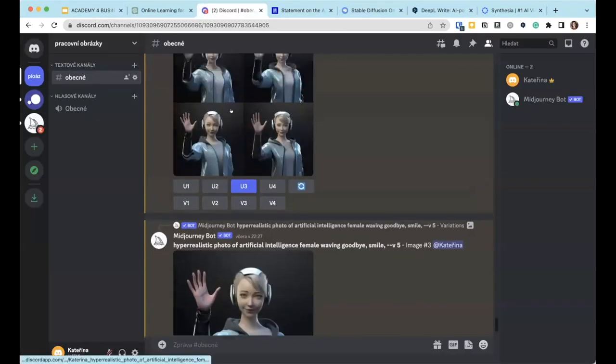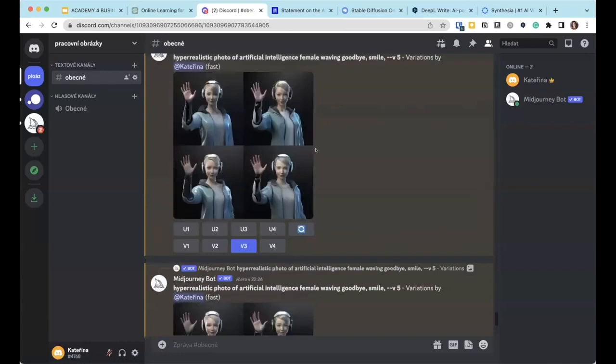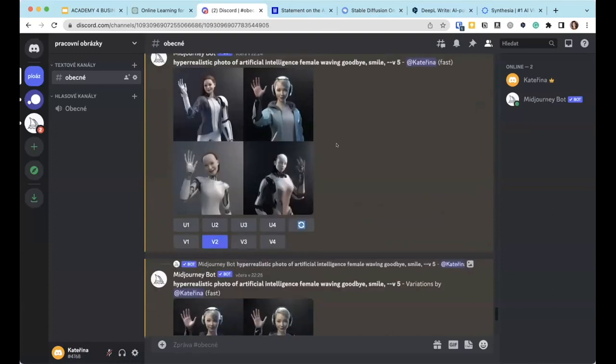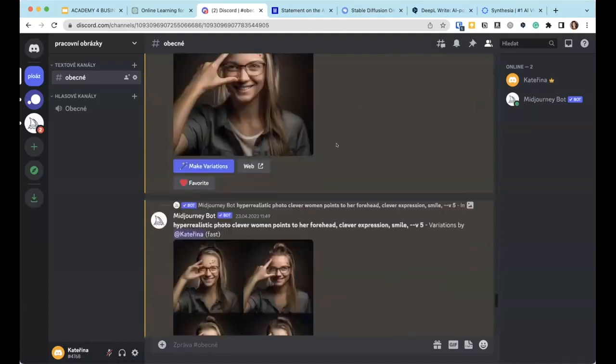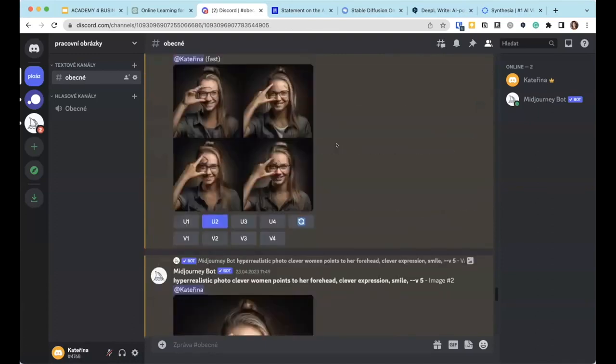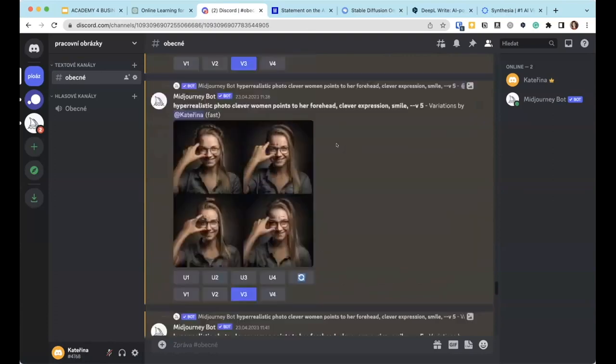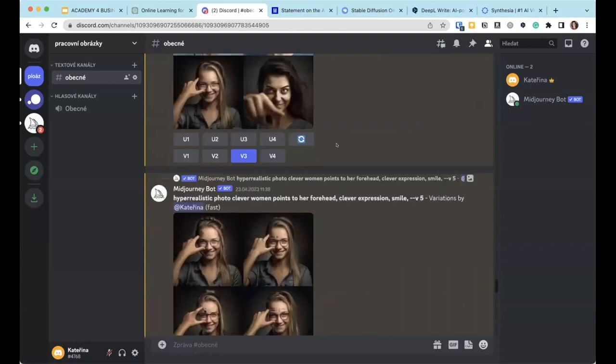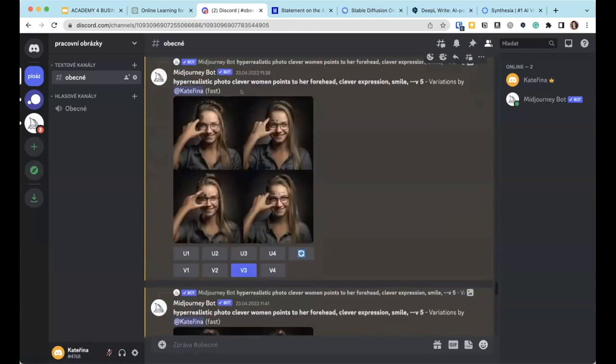For image generation, this is the tool called Midjourney. Midjourney is a paid tool, and as you can see, I generate all my pictures for the presentations here. And you can see the iteration process, okay? For example, I wanted a hyper-realistic photo of a clever woman pointing to her forehead, clever expression, smile.